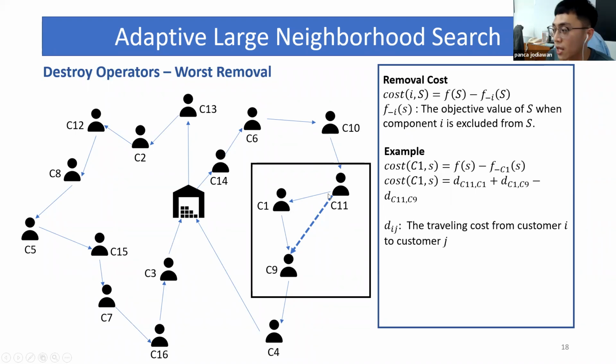You calculate the total distance from C11 to C1, C1 to C9, and then subtract the direct distance from C11 to C9. That is the removal cost of C1. That is the example of how we calculate the removal cost in CVRP.